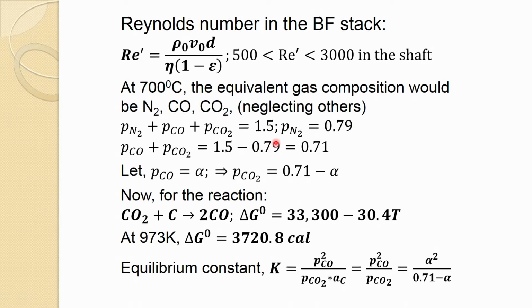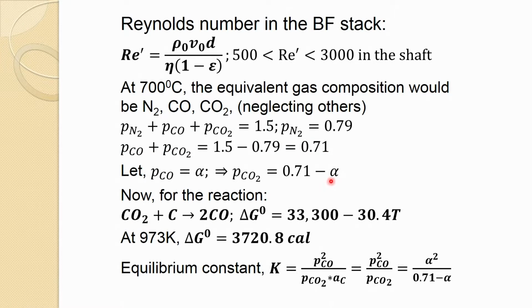Let us say PCO has a partial pressure alpha. So, the other one would obviously have PCO2 equal to 0.71 minus alpha, because the total is 0.71 of CO and